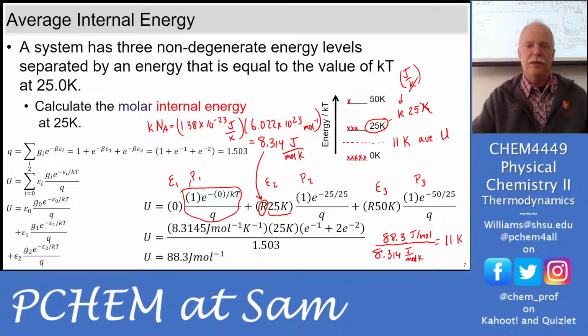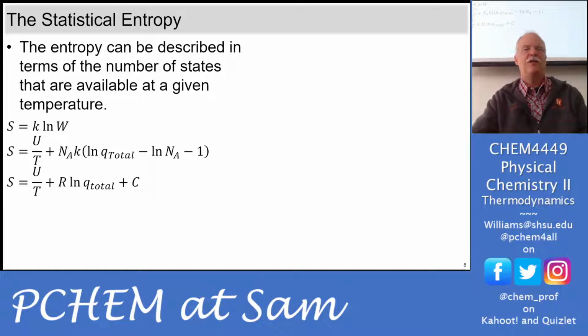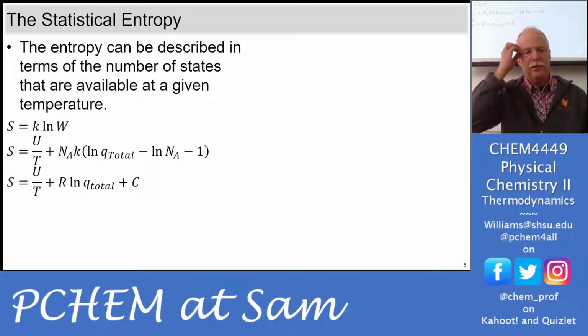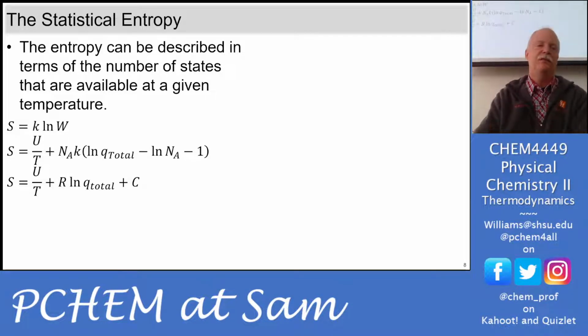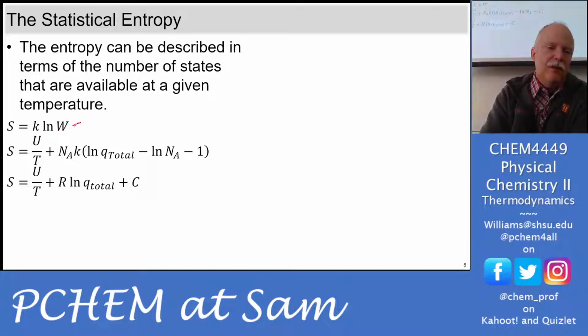Now let's take this information. We have the partition function and the internal energy, and let's calculate the entropy. Okay. So this statistical entropy is described in terms of the number of states that are available at a given temperature. So it sounds very much like the partition function, and in fact, it's just the natural log of the partition function times Boltzmann's constant. So this W, originally that W was called weighting factors. It was sort of related to those probabilities using the Boltzmann distribution, and so